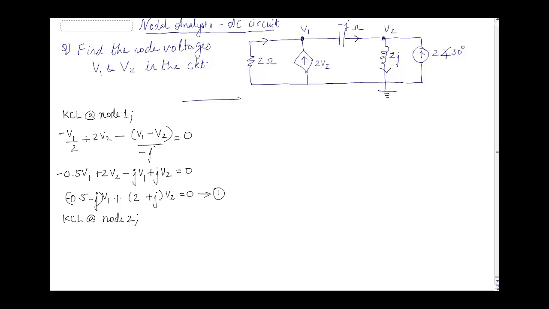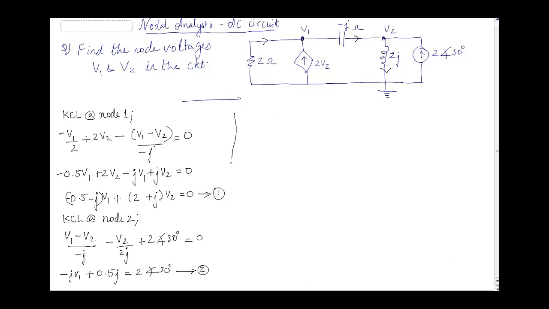So the direction of current here is incoming, so it is positive, so V1 higher potential minus lower potential V2 divided by minus j, plus, sorry, minus V2 divided by 2j, and then incoming current, so plus 2 angle 30 degrees is equal to 0, rearranging which we get,